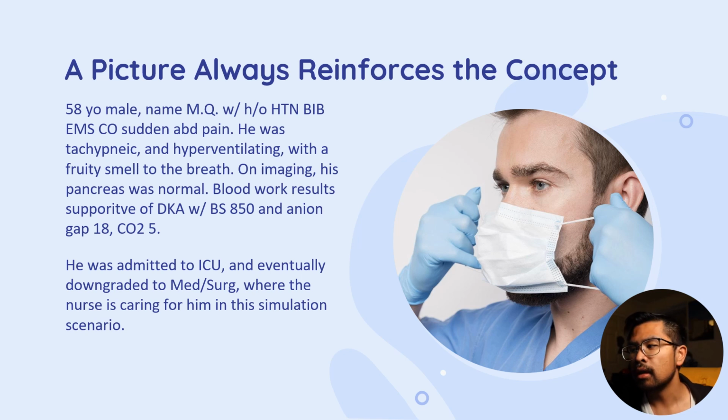Blood work results were supportive of DKA, with blood sugars of 850, an anion gap of 18, and CO2 of 5. All of this is to say this is what an ICU patient would look like, but of course, again, they're not ICU nurses or ICU students yet. They're just med-surg for now. So the patient was admitted to ICU and eventually downgraded to med-surg, where the nurse is caring for him